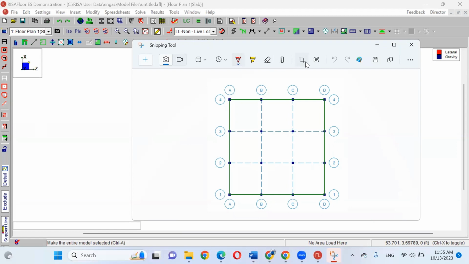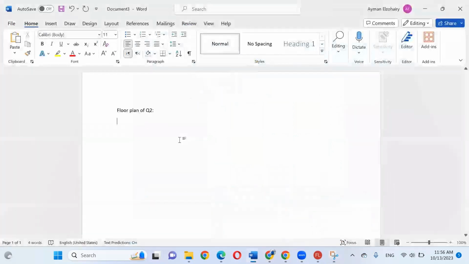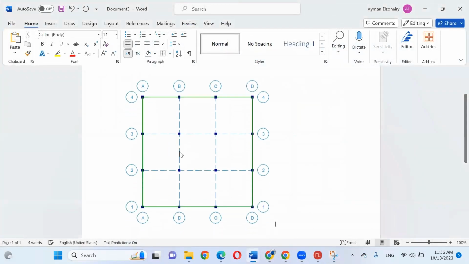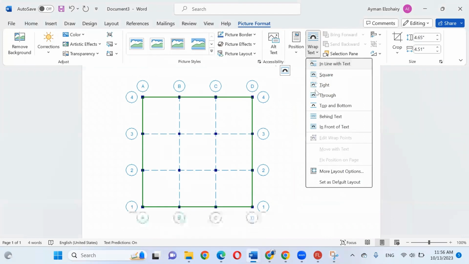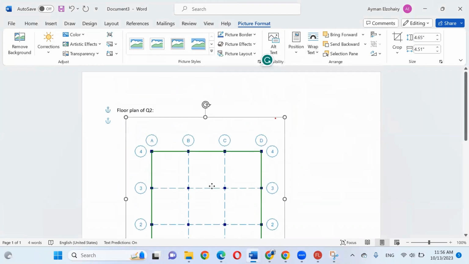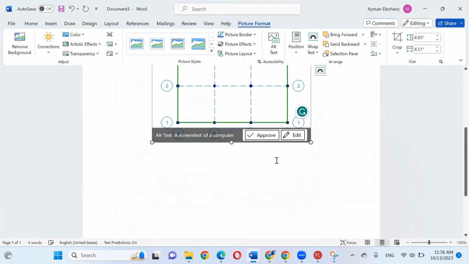And make copy. Where is the copy? This one. Copy. And go to the Word file, right click, paste. You can get it. And change it to be on front, so you can move it anywhere. Does that make sense?